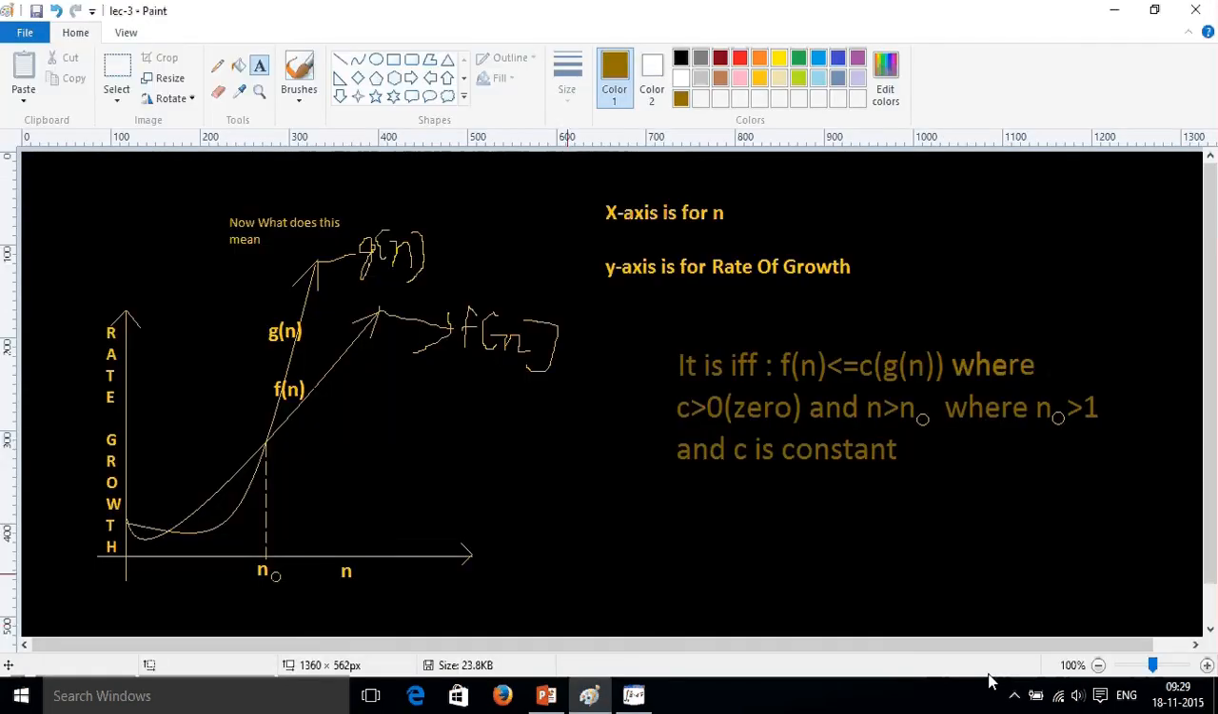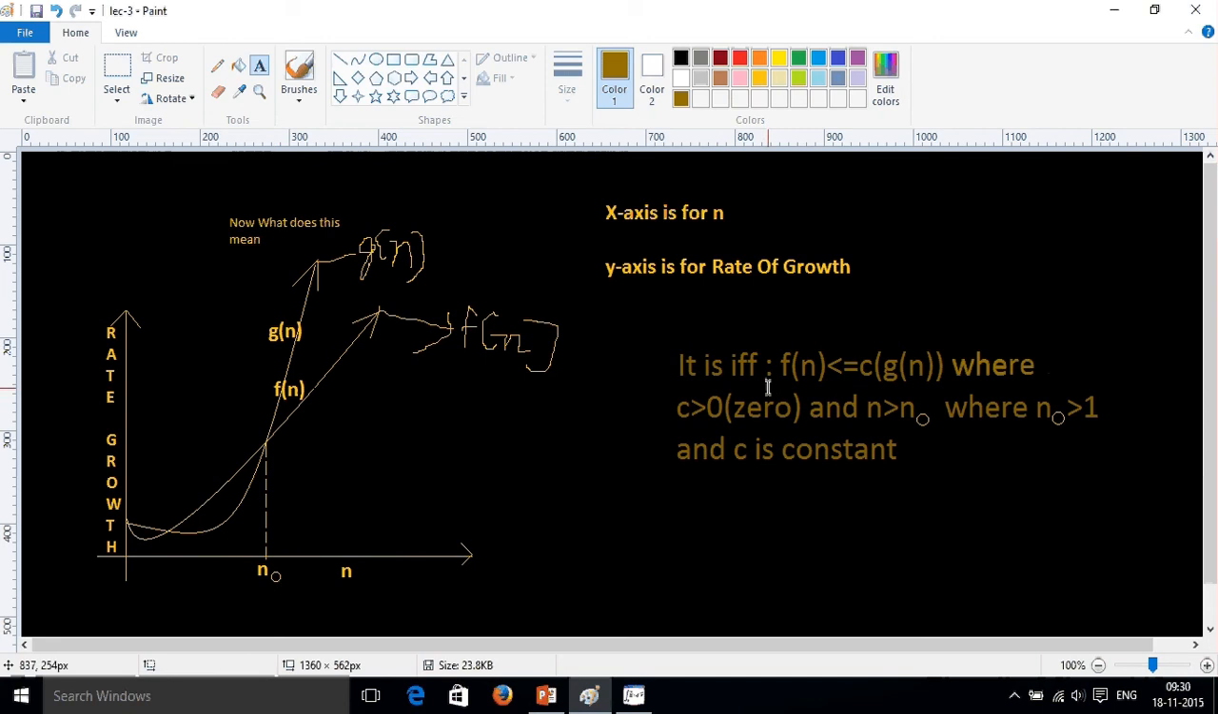To understand it, let us consider a graph, where the x-axis represents the number of inputs and it increases from left to right, and the y-axis represents the rate of growth and it increases from bottom to top. Now, you have an algorithm with a function f(n) and there is another function g(n). Then, g(n) is said to be an upper bound for f(n) after n naught,